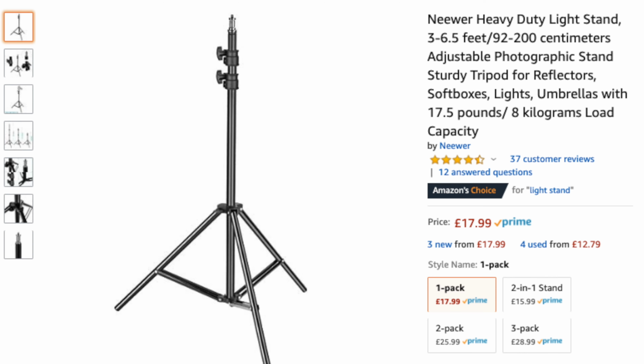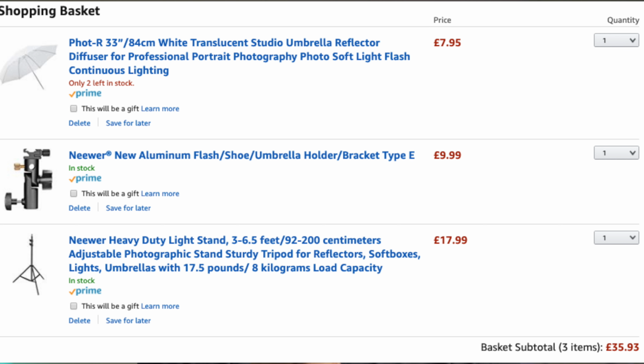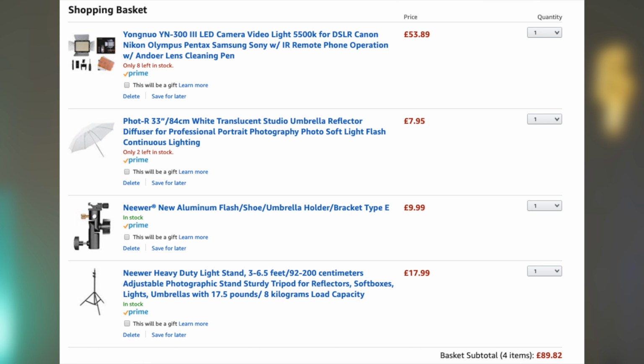If we look at the light stand, this is actually a very cheap light stand. You can find these for about 10 to 20 pounds on Amazon. This whole setup, you can buy it for less than 50 pounds. If you're really savvy, you can pick this up for between 30 to 40 pounds for a whole lighting setup. I mean, if you chuck on this LED panel, boom, we're at less than £100 for a beautiful soft lighting